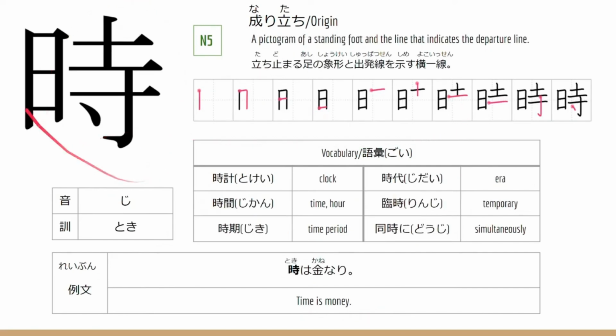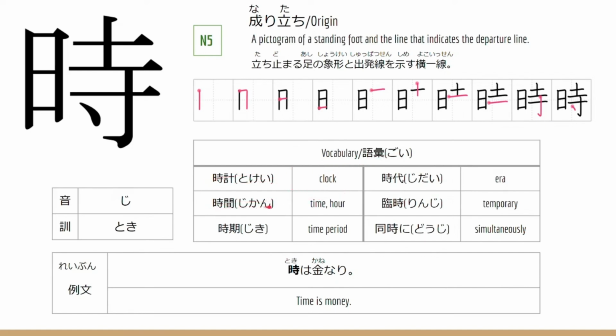This is the kanji toki. 成り立ち, or origin: a pictogram of a standing foot and the line that indicates the departure line. 立ち止まる足の象形と出発線を示す横一線。This is the stroke order for this kanji. Now let's go into the onyomi and kunyomi of this kanji. The onyomi is ji. And the kunyomi is 時、 Now let's go into the vocabulary or 語彙。Toke, this means